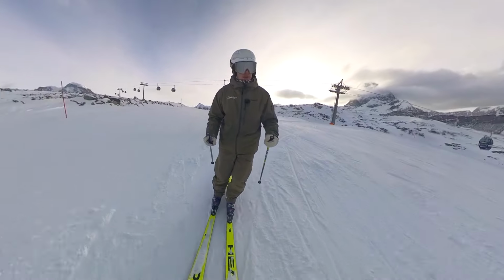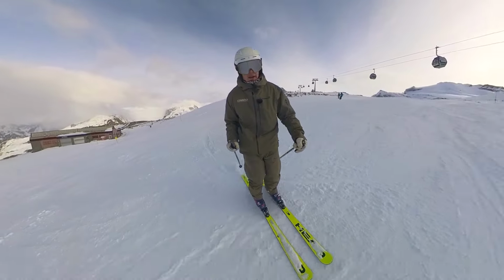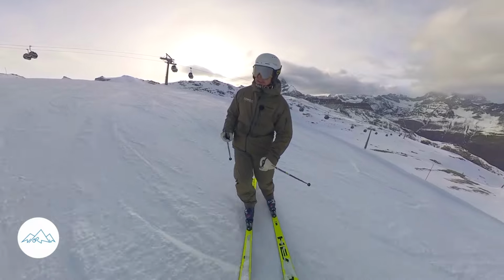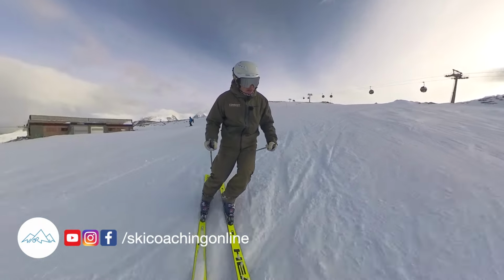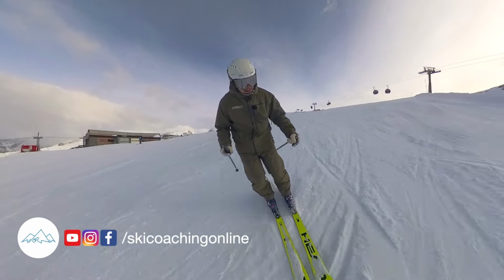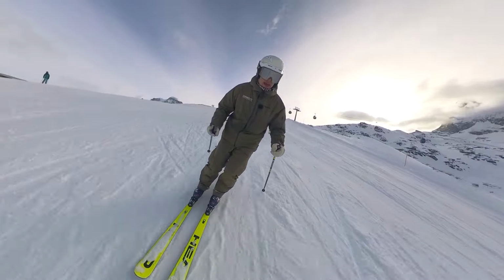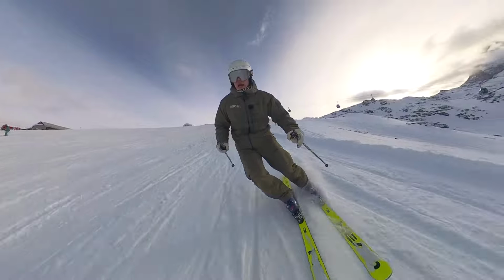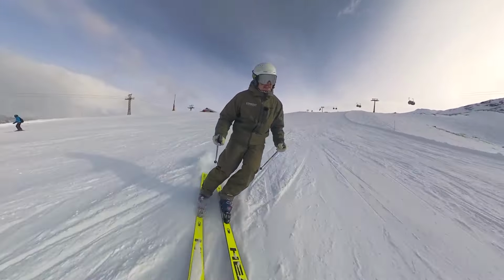What can happen when we go around a parallel turn is my inside leg here is a little bit shorter than my outside one, and then when I go around this way, my outside one is a little bit longer than my inside. So in between the turns there'll be a moment when my legs are the same length, and it's okay to think about that and use it as a little bit of a reset, and it pops me into the right place to make it easier then to start to